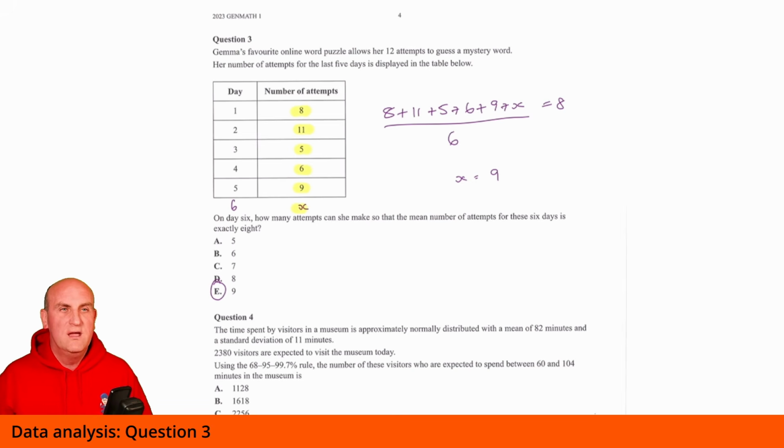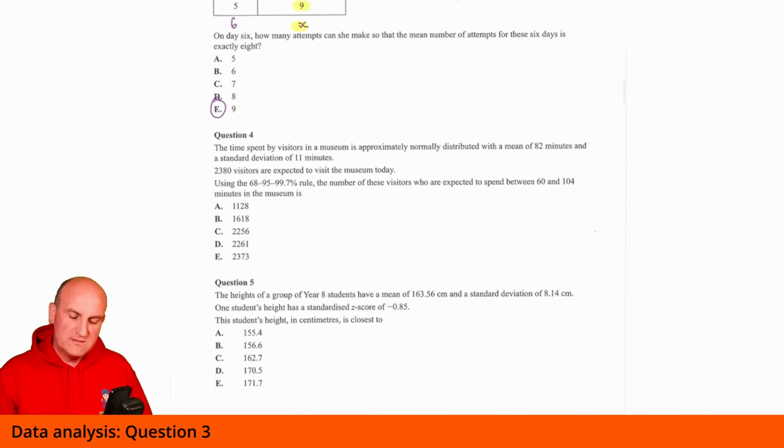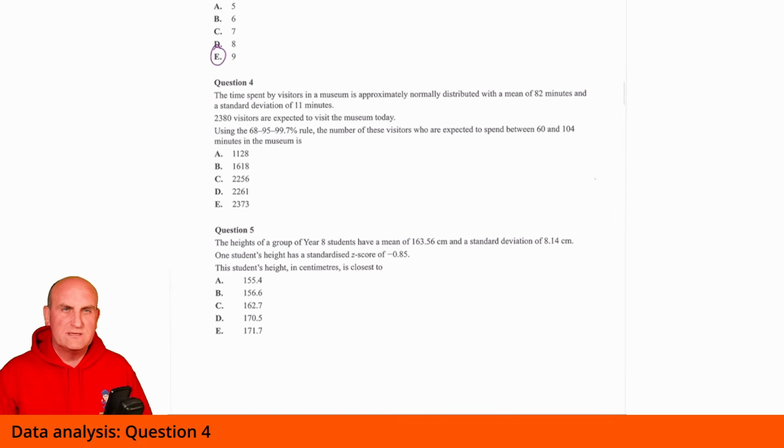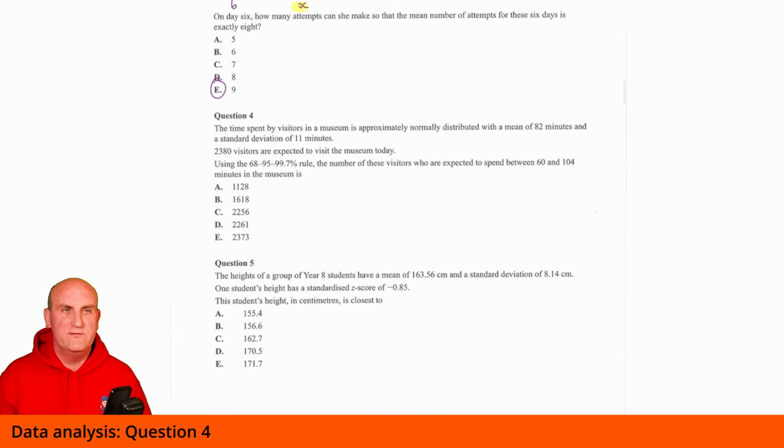I don't know, but I know that lots of people would have said, well, 6 times 8 is 48. So that's basically, we've got 6 numbers. We want them to be an average of 8, so they've all got to add up to 48 and find that. Same.